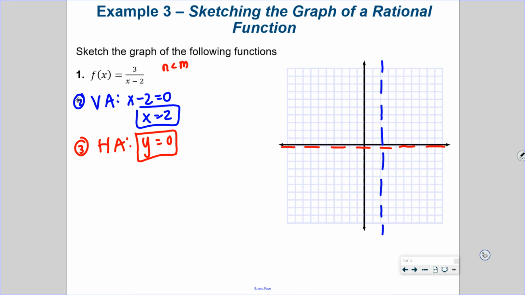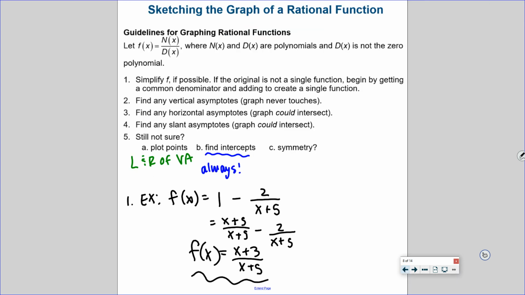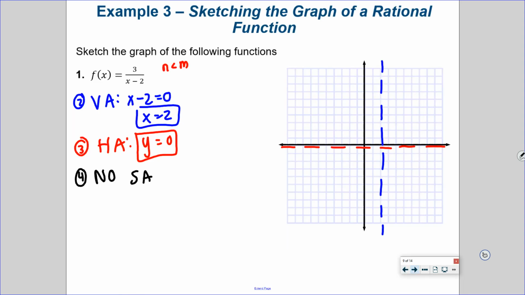Okay, do I have any slant asymptotes? Is my numerator exactly one more than the degree of my denominator? No. No slant asymptotes here. And I'm just numbering these the same as your steps. Simplify, vertical. Okay, so then 5. Last thing I'm going to do is find the x and y intercepts and then make a table if I need to. And I'm okay with you guys using the tables in your graphing calculator to save time instead of plugging them all in. All right, so x intercepts